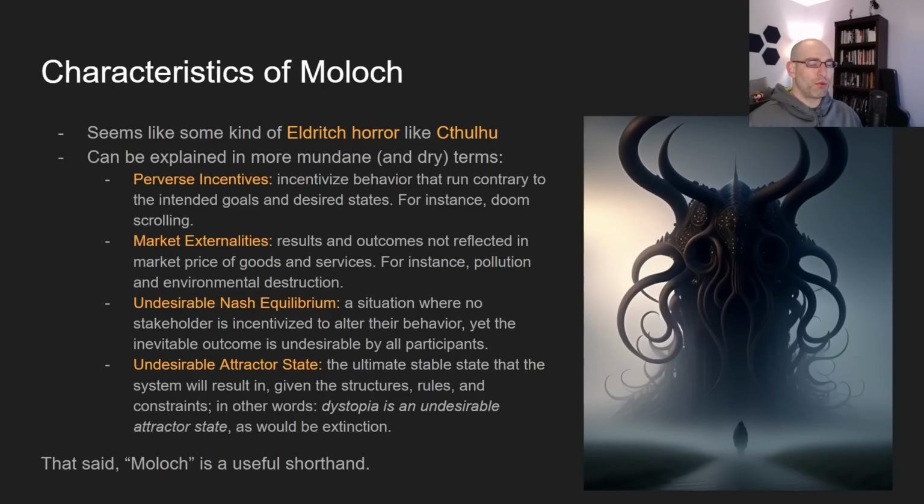So specifically, we're going to talk about market theory and game theory and describe the Moloch in those terms. So first is perverse incentives. A perverse incentive is a systemic or structural rule or paradigm that creates behaviors that run contrary to the intended goals or desired states. For instance, with social media,